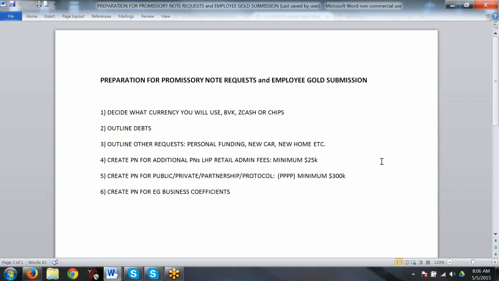So, again, for this overview, I would suggest that anybody creates a promissory note for 300,000 to cover the Public-Private Partnership Protocol twice. All right? And that's not to say that you're going to be able to get that 300,000 the first time. You're going to have negotiated with the work center and ultimately within your business plan to validate with the public-private partnership that you are prepared to do the work, have business in hand or going to create business to bring in,